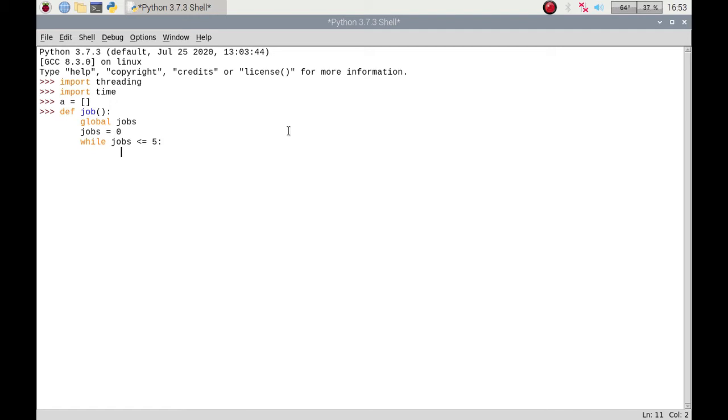So we're going to check: if the length of how many entries are in the list A is not equal to 0, so while there's something in there basically, it's going to print